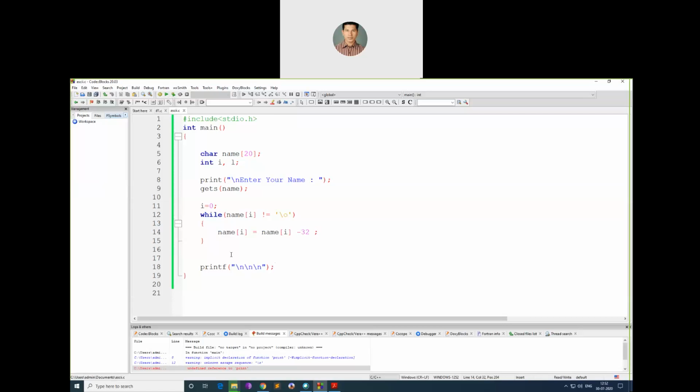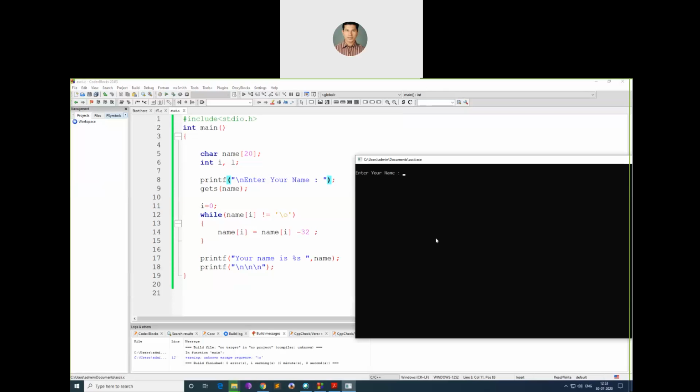Okay, I should have printed this one, no? I'll print the value. Printf, "Your name is %s", and name. Remember, I have defined only 20 characters max, semicolon. Yes, sir, eighth line printf. Okay, again a mistake. Fine.